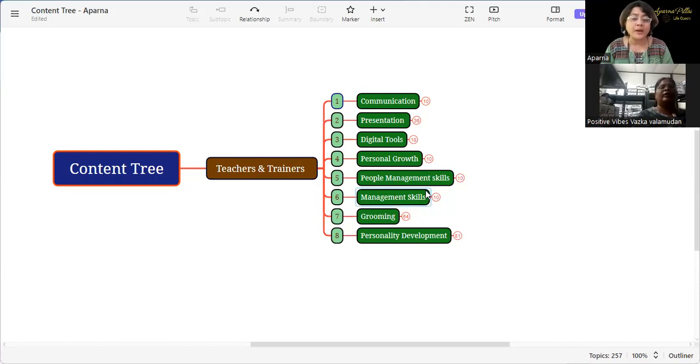Then the presentation part, how you go about making sure you look like a brand on the digital platform, because they don't know what Kanchana does personally, and they're not interested in what you do after the session is over. But during the session, how you present yourself matters a lot. That I'm going to teach you.